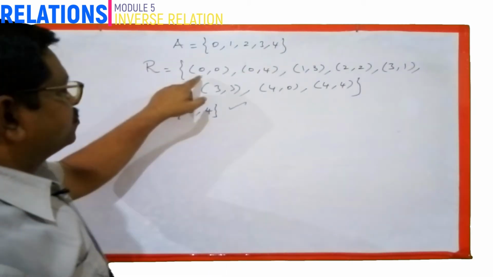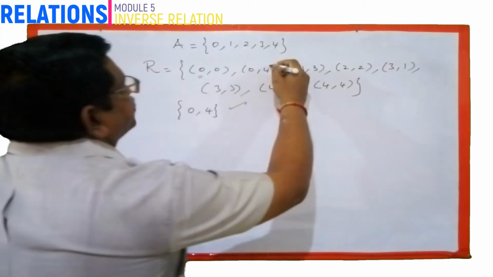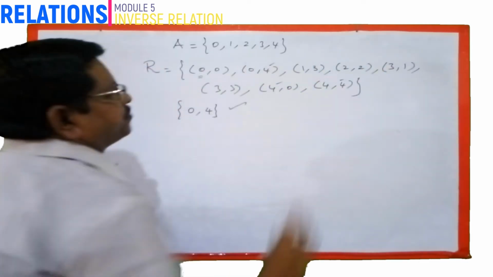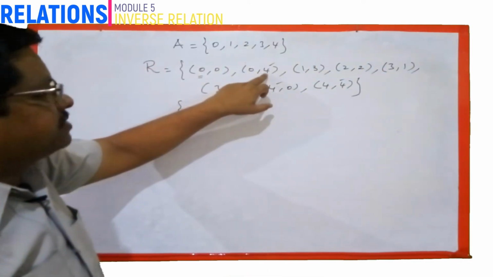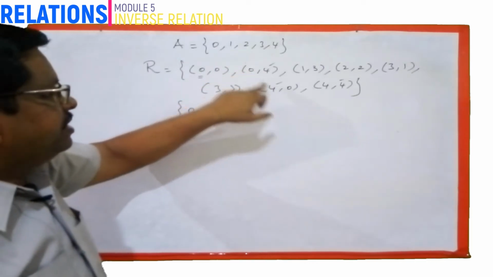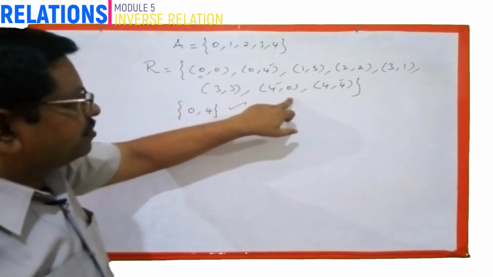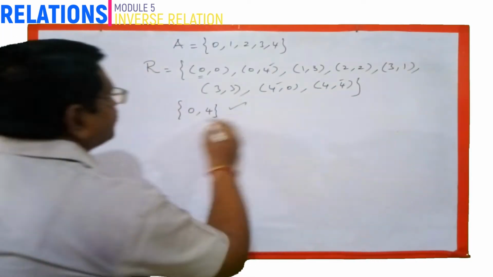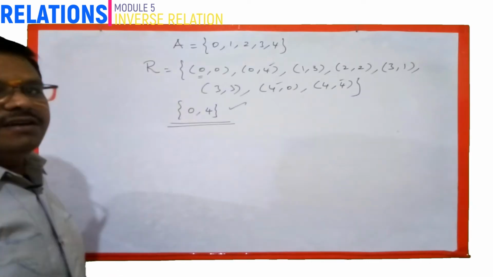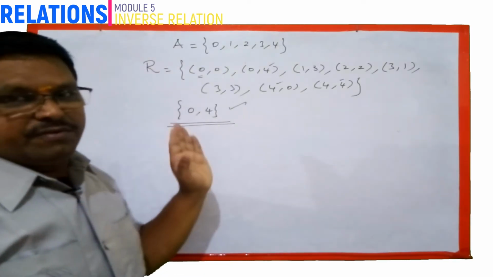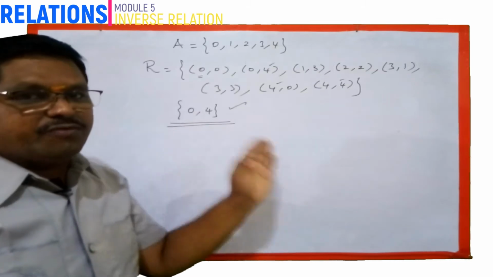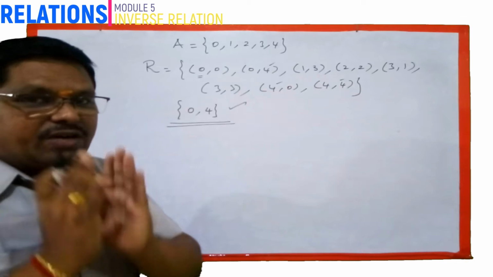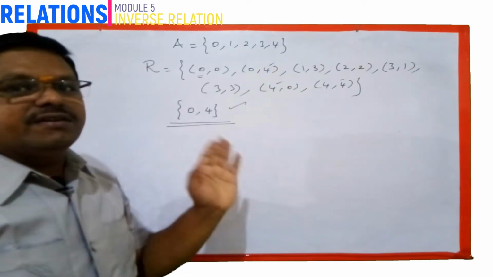Now let us take 4 also. Wherever we have 4, we have to tick. Here it is having 4. Next here we have 4. Here also we have 4. Check it. This 4 has relationship with which one? 0. Here 4 has relationship with 0. Here 4 has relationship with 4. So the same set is the equivalence class of 4. So we can take only one time. (0,4) and (4,0) both are same. So we can write the set {0, 4} is the equivalence class of 0 or 4.